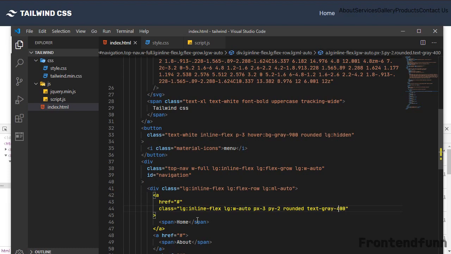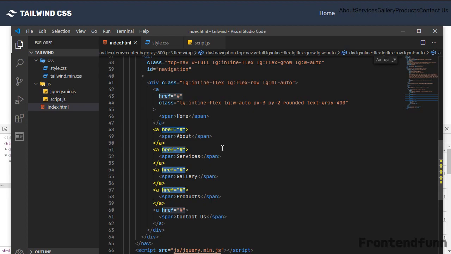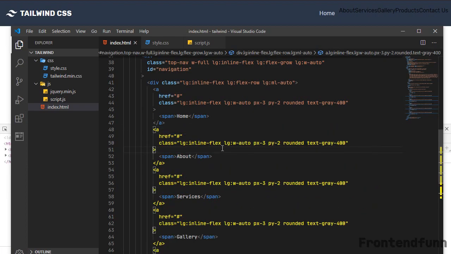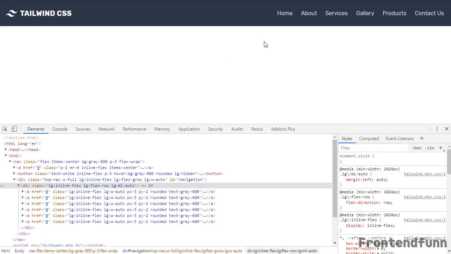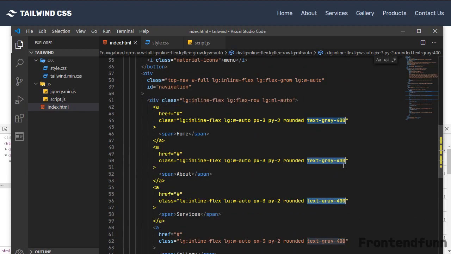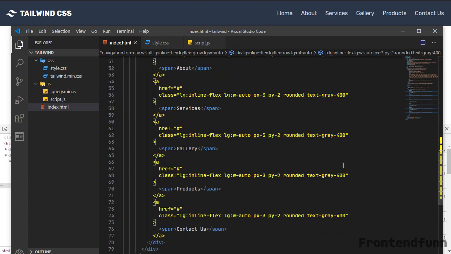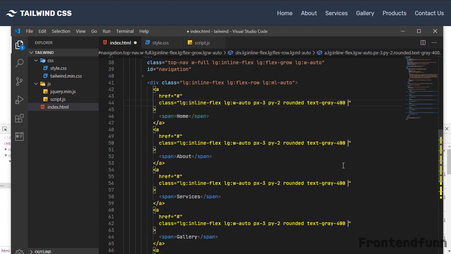Okay, so I'll just copy these classes to all the anchor items. Fine. Next, let's add the hover classes also. So I'll just select one class and keep on pressing Ctrl D so that I get the multi-line cursor here.